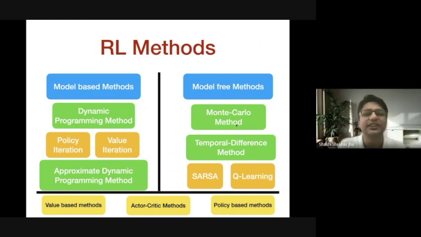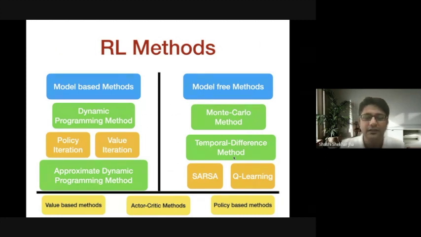We are not going to discuss Monte Carlo, there's not that much time, but if you're interested, read about it. Then there are temporal difference methods. In short, they're called TD methods, and these are the most famous reinforcement learning methods among all methods. Within TD methods, there are two particular methods called SARSA and Q learning, and even among the TD methods, Q learning is a very well-known method. Today we are going to discuss Q learning as well.